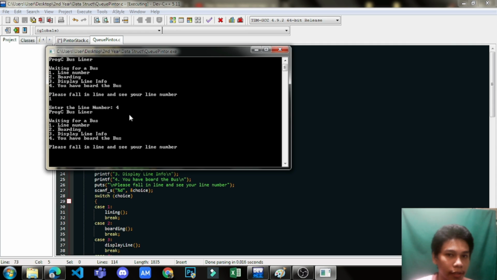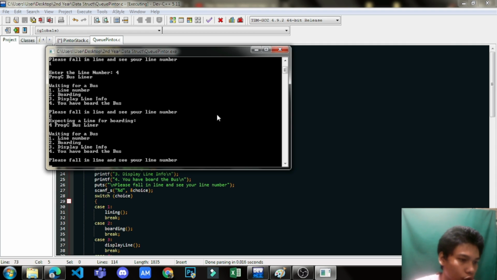So data is saved. You are now lining up in line number 4. In order to know that you're lining in line number 4, let's try to display the line info. So expecting a line for boarding in 4 proxy bus liner. You are expecting to get on board if line 4 is done queuing. So if you're done falling in line number 4, just simply wait 2 for boarding, and now